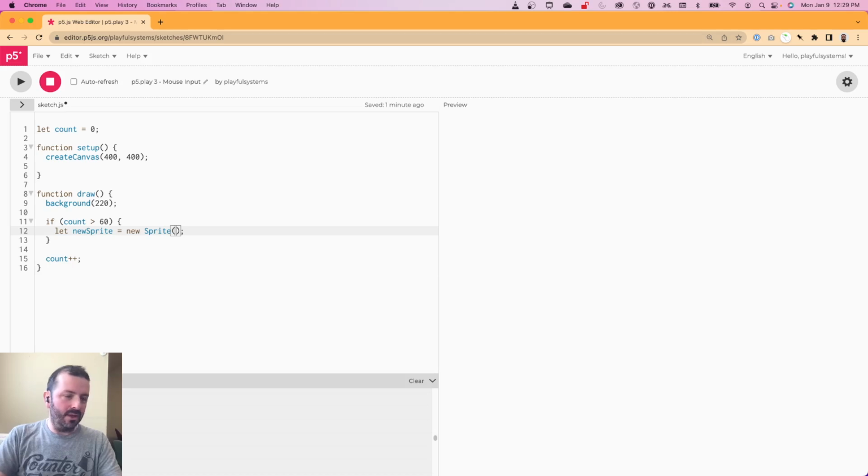New sprite equals new sprite, and let's put it at the top of the screen, because what I want to do is have these sprites be introduced at the top of the screen and then have them move down. So let's just put it at the middle of the screen, the X, which is 200, top of the screen Y, which is 0, and then let's make it, let's say 50. So if we run this,